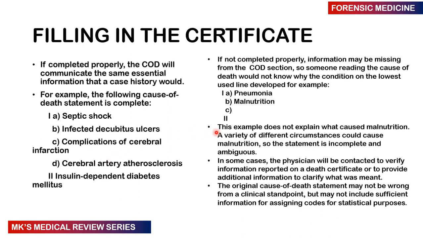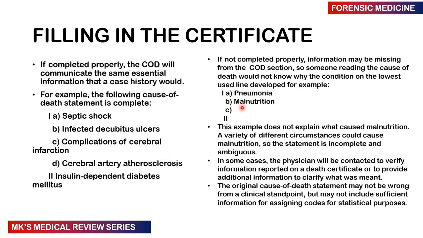Then if it's not filled in completely, some information is missing. Suppose you get someone who just fills it in like this. In part 1, they just say pneumonia, which is secondary to malnutrition, and they leave it like that. Here we're not even sure what caused the malnutrition. We're not sure if the pneumonia resulted from the malnutrition, and what really caused the malnutrition, because many things can cause malnutrition. So this is very ambiguous, and it's very difficult for us to tell what really killed this